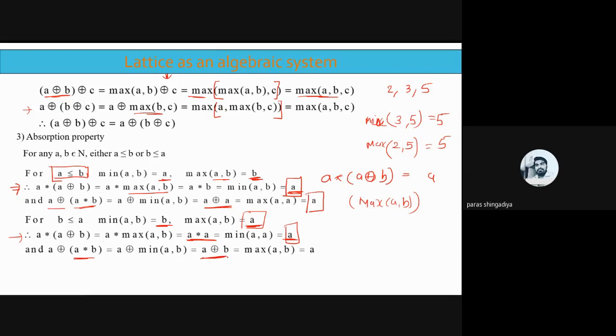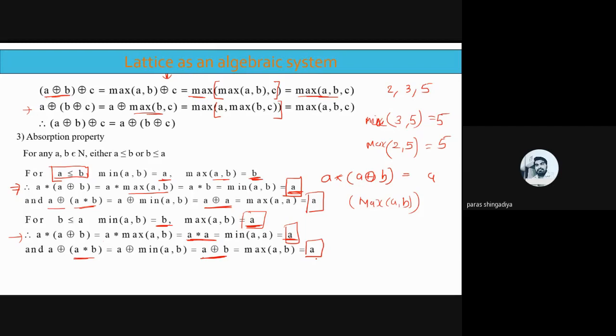And A ring sum B means maximum of A comma B. Clear? It is the maximum value from the comparison of A comma B. And what is the answer for A comma B for case number 2? It means the maximum value of A comma B, that is equal to A. Clear? Because B less than or equal to A is given, and the maximum value among them is A itself. Okay, so the answer is equal to A. So that is a proof of case number 2.